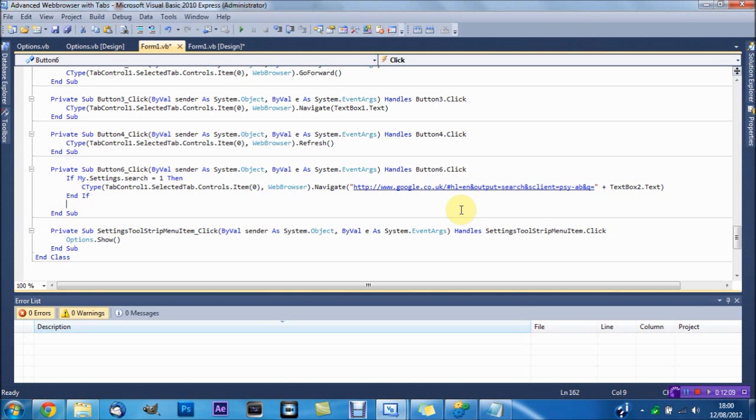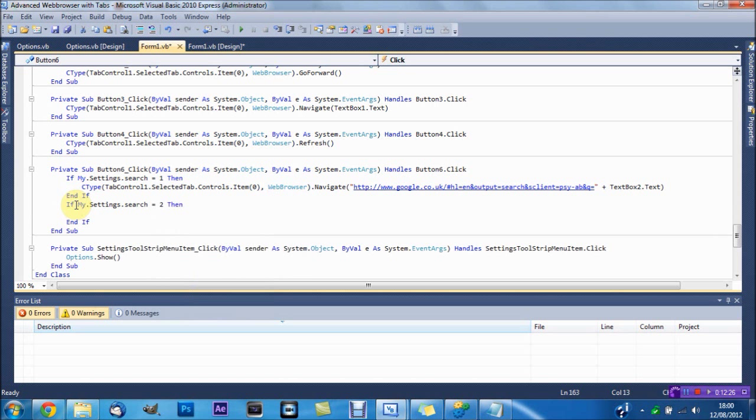Yep. We will just copy that if it isn't already, and we'll put if my dot settings dot search equals 2, then paste that in, and I will just change that to